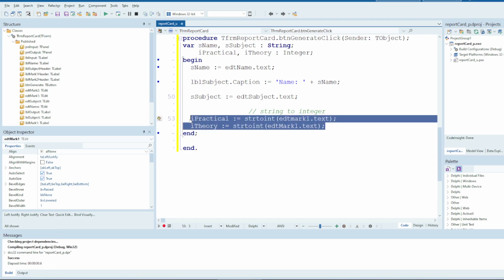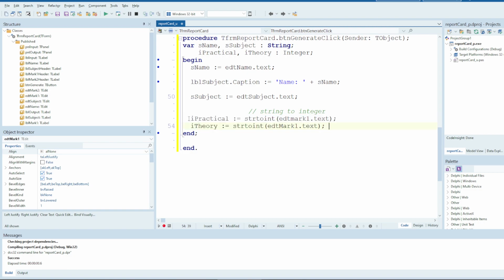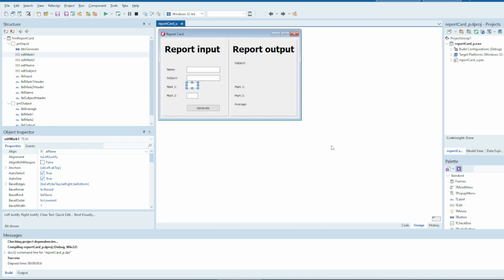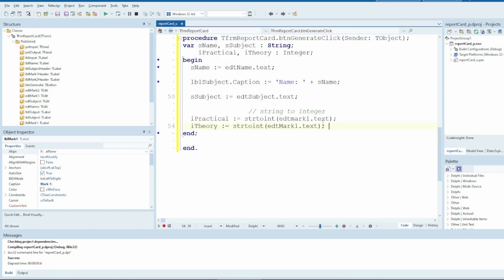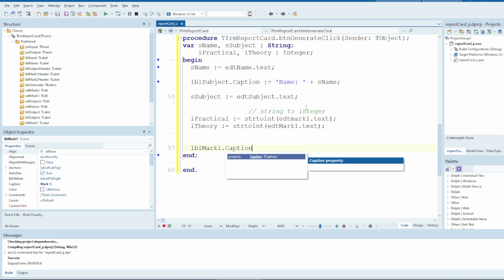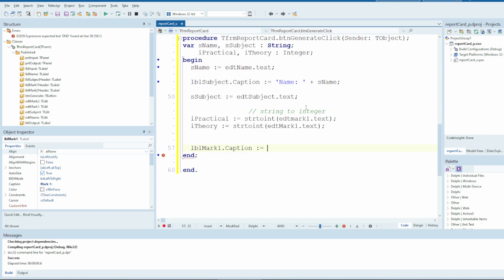So I've now captured both marks from the user. I have them temporarily stored in these two variables, and I can call these variables whenever I need those marks. So we should probably display them on the report card in this label, the first one called LBL mark 1. So let's do that. LBL mark 1 dot caption is equal to, and I'm going to say here,